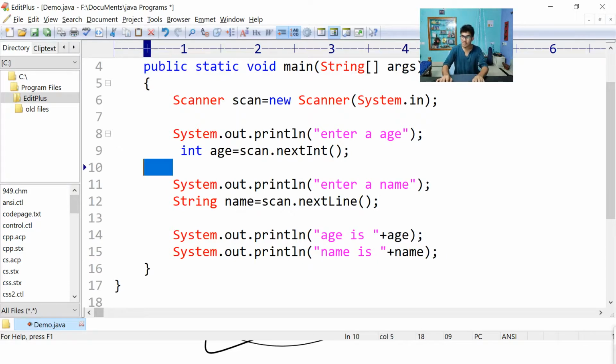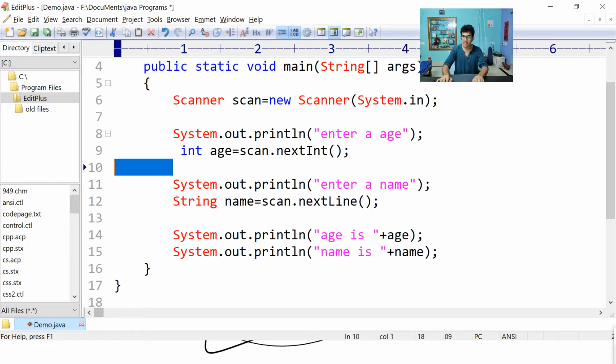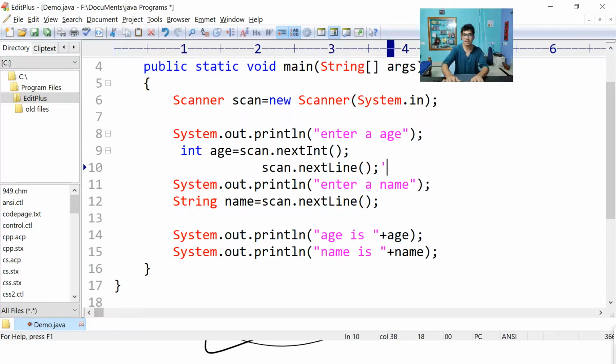As soon as I enter one age, next int method will take the integer part. But who will take that empty string part? To take the empty string part, I will write scan dot next line. I have written scan dot next line, but am I giving it to any variable? No. Yes, we can write like this.